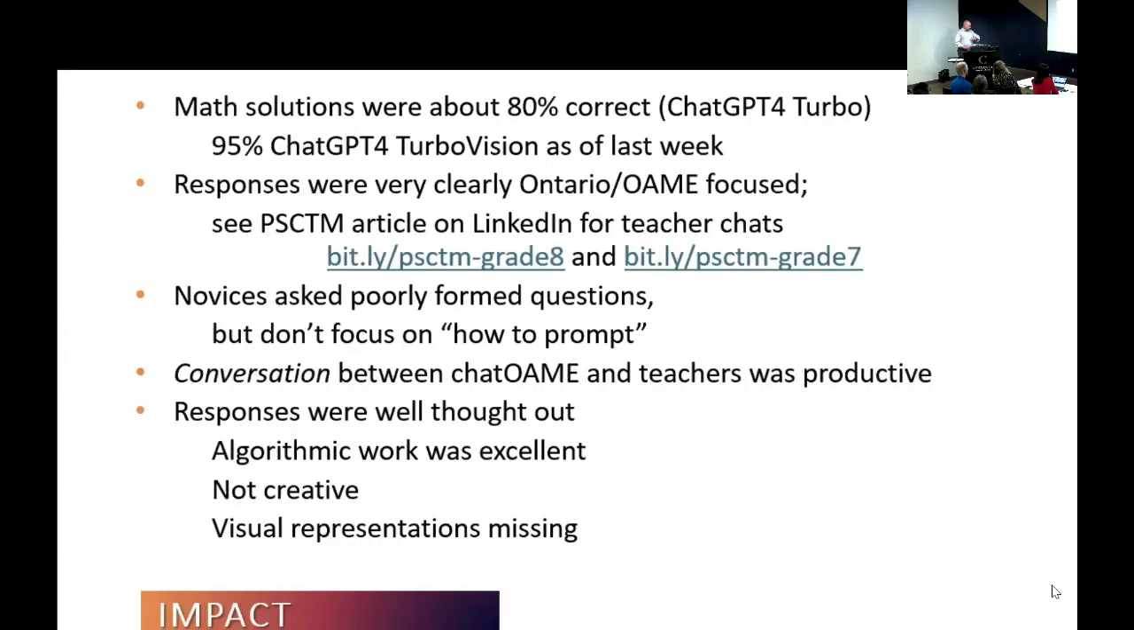Going forward, math solutions for ChatGPT-4 Turbo were about 80% correct. We created a review sheet for our discrete math unit in grade 11. We set it out. And